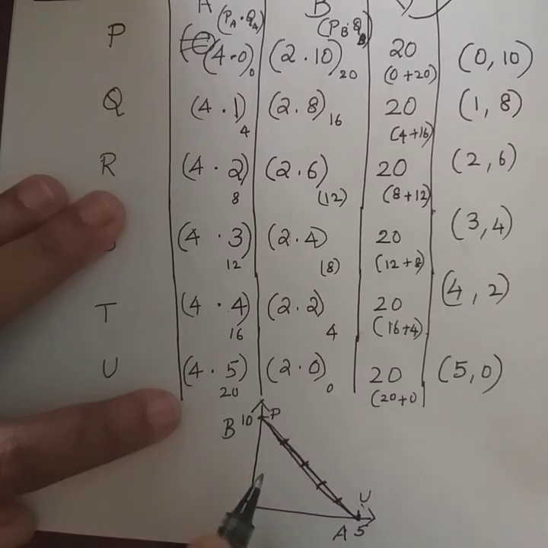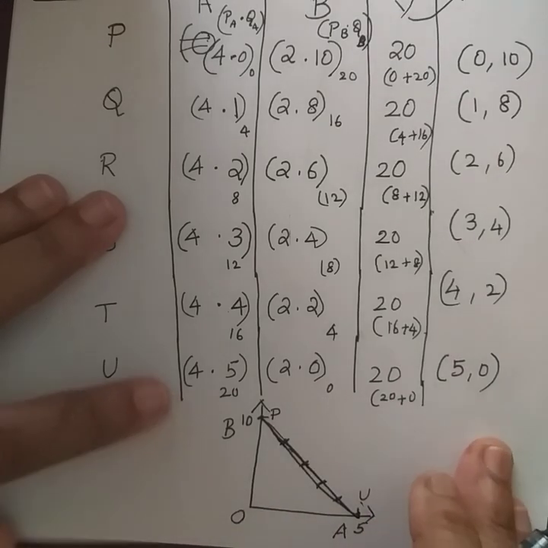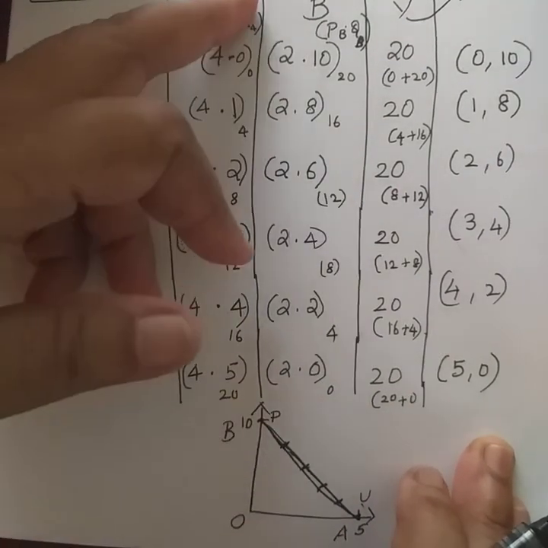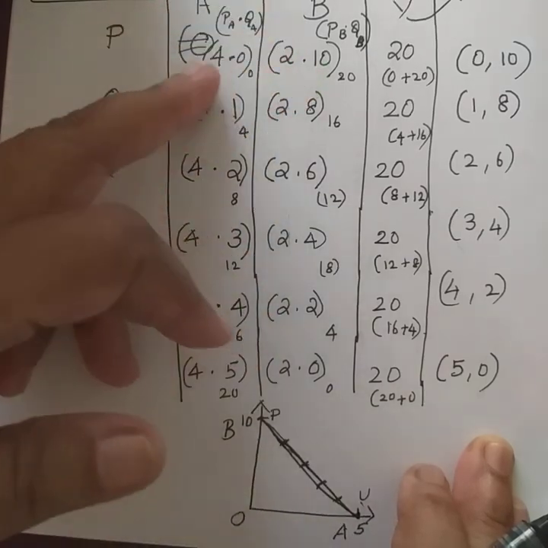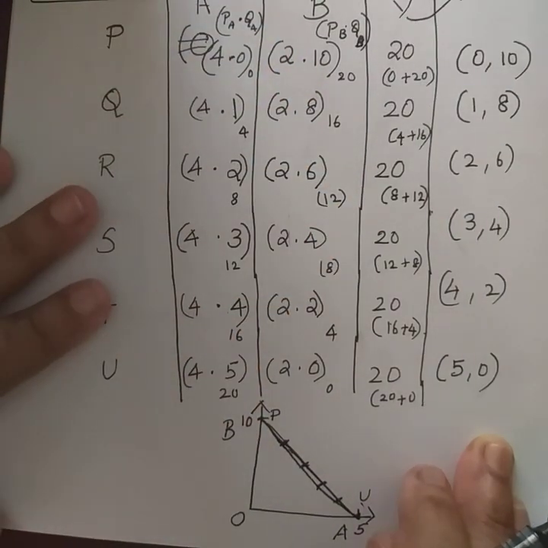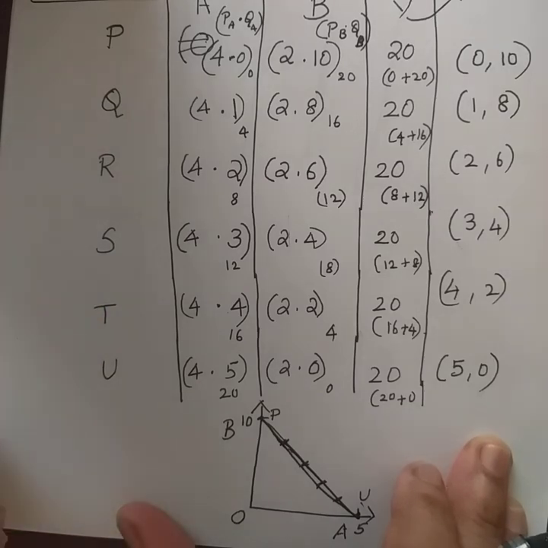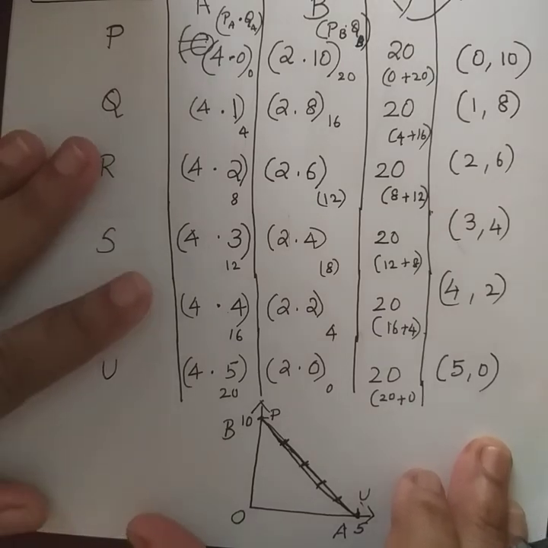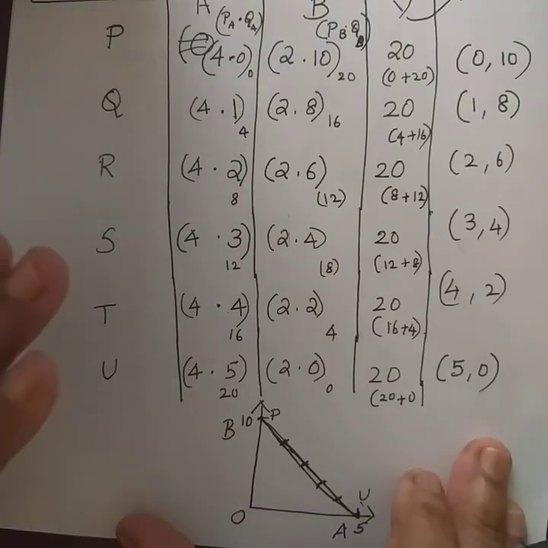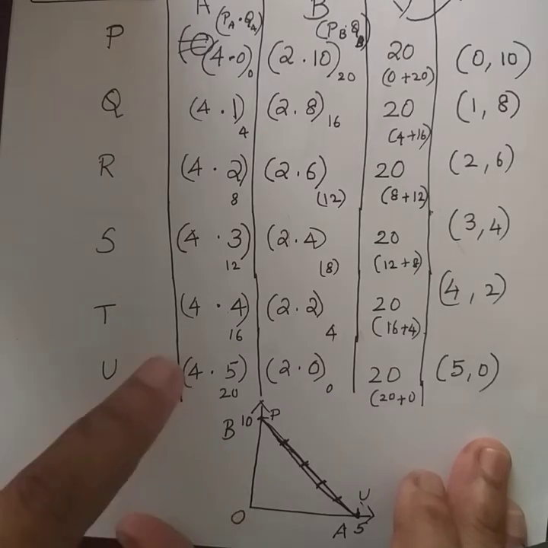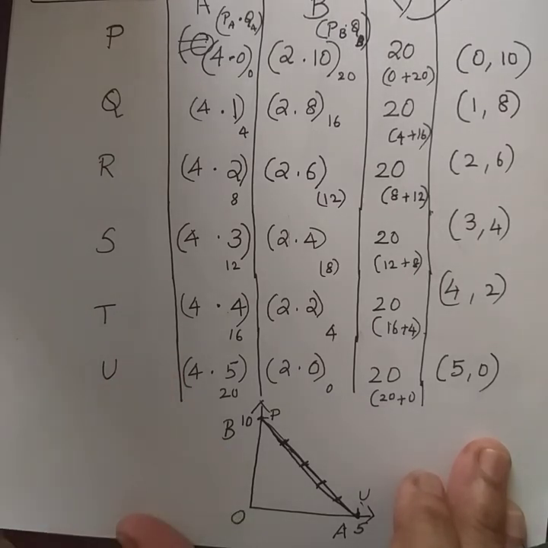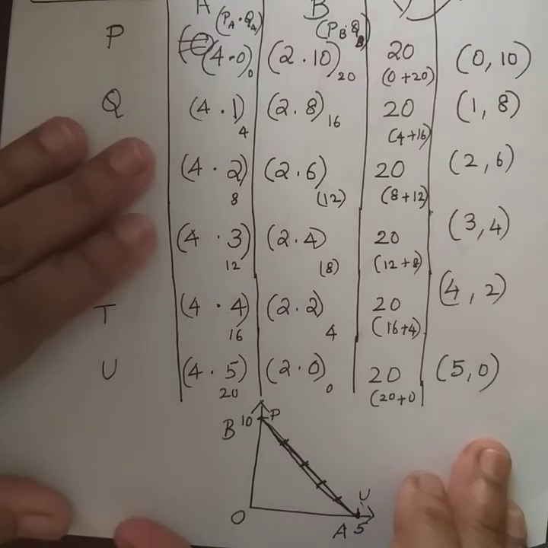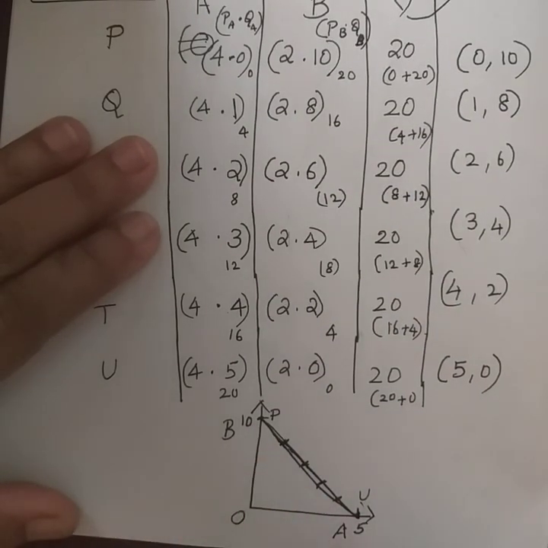Why is it called a price line or the budget line? Because the combinations of products indicate both the price of the product as well as the income that is given to the consumer. Since they have both the details depicted through those combinations, it is called a budget line or the price line. So the budget line combinations fall on the budget line, and the budget set will be within the attainable region, namely AOB.